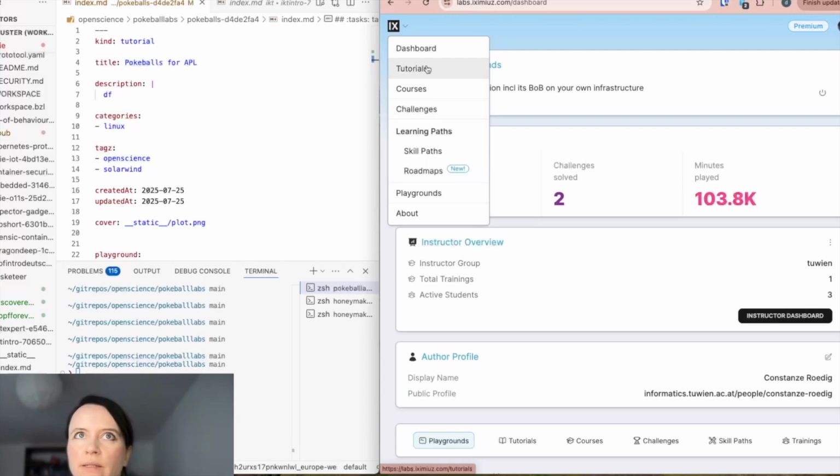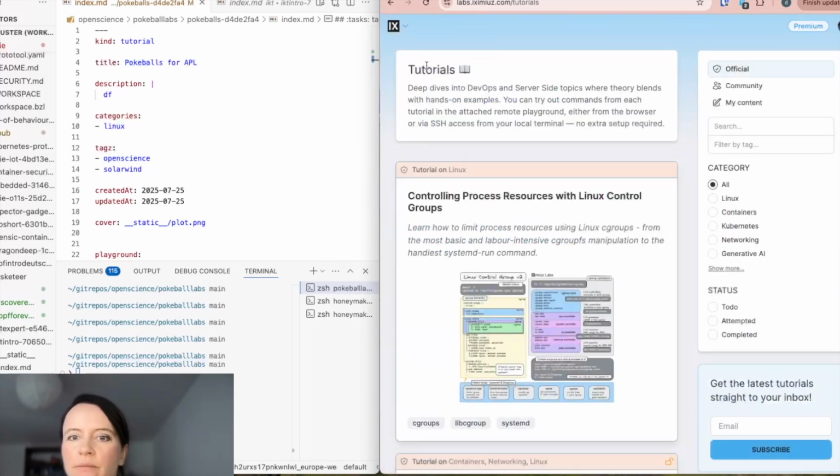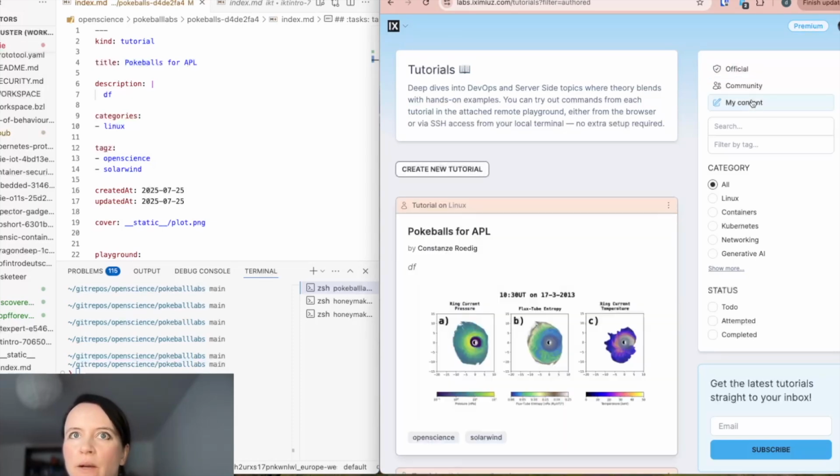Is it a tutorial? Is it a course? Is it a challenge? In this case, we're going to go for tutorials. They are simpler than courses. Courses are more to write, more structure, sub chapters and sub headlines, different playgrounds in there. And you can go into my content and you see, oh, I've already created something for Open Science here,